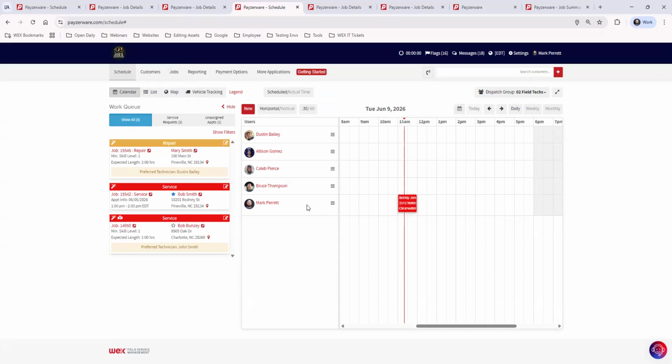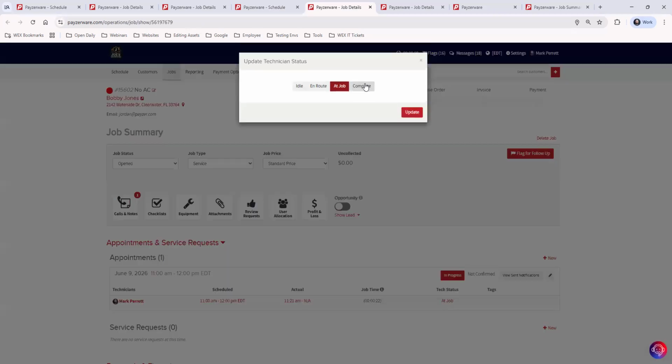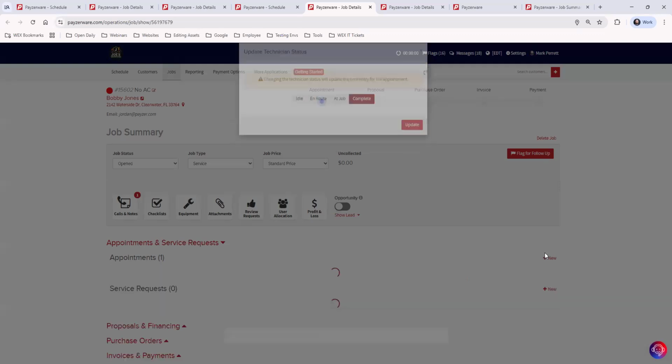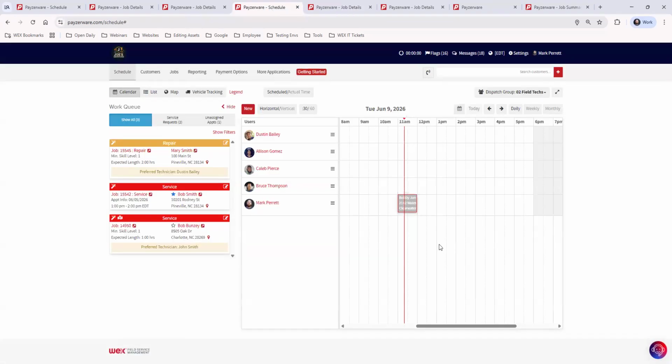So now I know this user is at the job doing the work. When the appointment is complete, they will mark this as complete, out in the field. And you will see in the office, it's been updated to gray. And gray means that this has been an appointment that is complete. So technically, your day to day, you're going to get to the end of your workday, and all the appointments